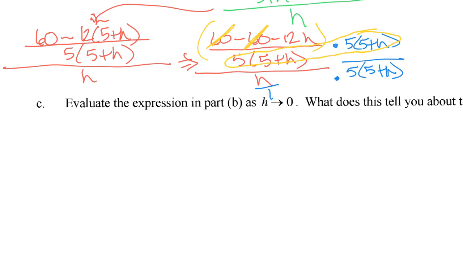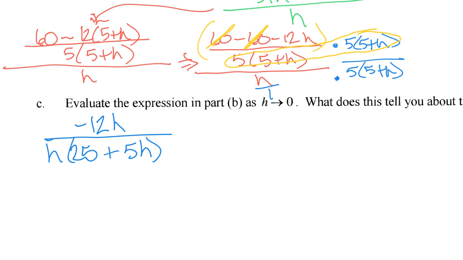Okay, and so we will end up with negative 12h all over h times the quantity. Let's distribute that 5 in the denominator. 5 times 5 is 25 plus 5h. Okay, I've got an h on the top, h on the bottom. And I am left with negative 12 over